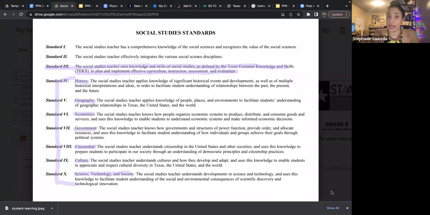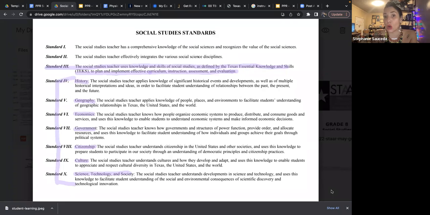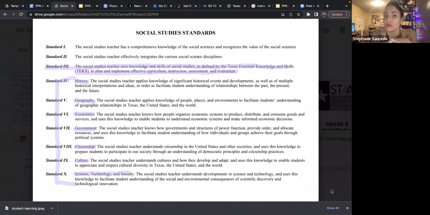So these are your standards. This is law. The lawmakers got together, the scholars got together, and they said, in order to be a teacher in social studies, you have to know these things, and you have to be able to do these things. So this is our Bible, right? And every content area has their own, with their own standards. So this little assignment, I would have to turn this into you anytime before I even test, or anytime before you test. Okay.